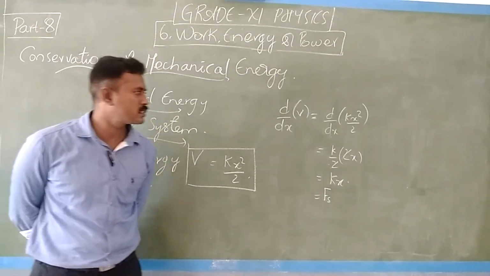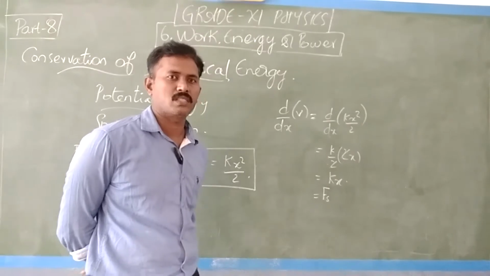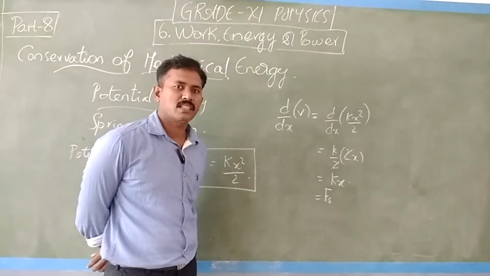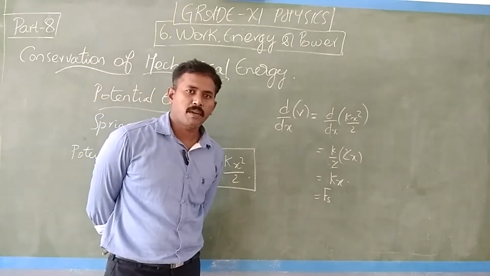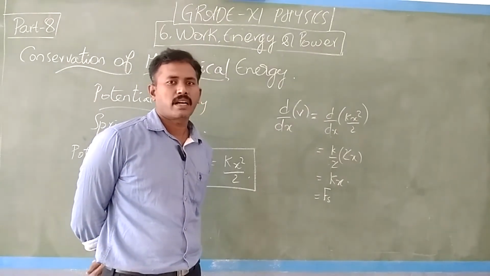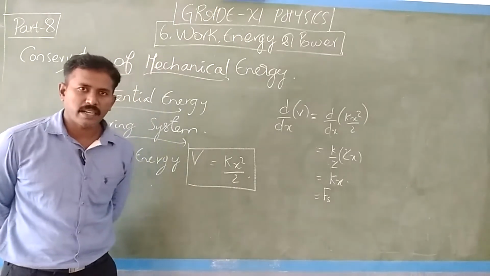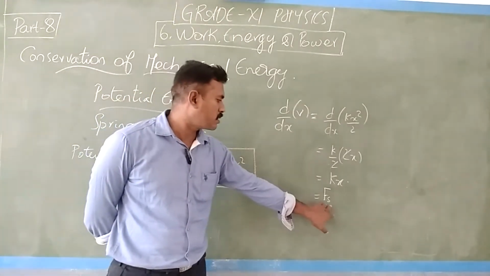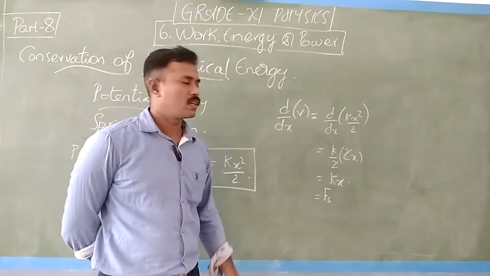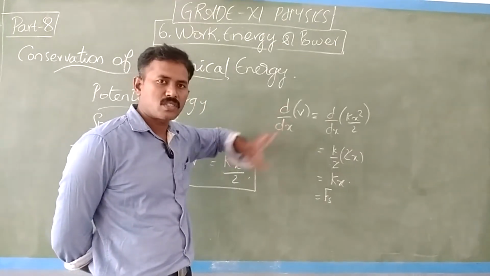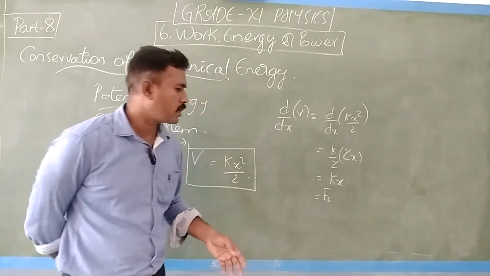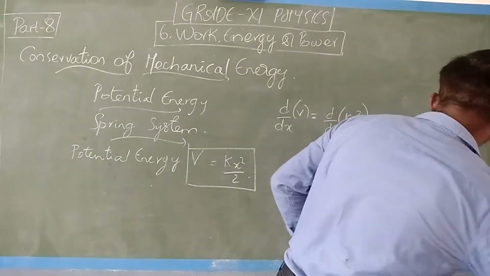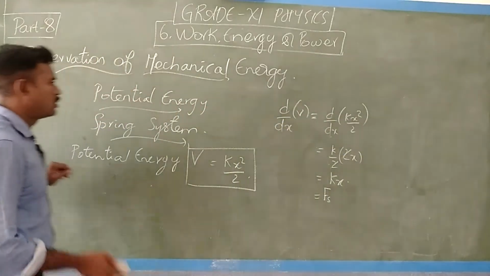The force is equal to the derivative of the potential energy, or the potential energy stored in an object is manipulated in the form of kinetic energy. So the kinetic energy is expressed in the form of a force. That is, how does a stored potential energy get lost? It is lost only as kinetic energy. Okay, so now we will move into this concept.